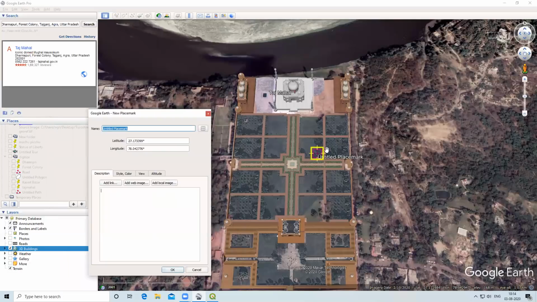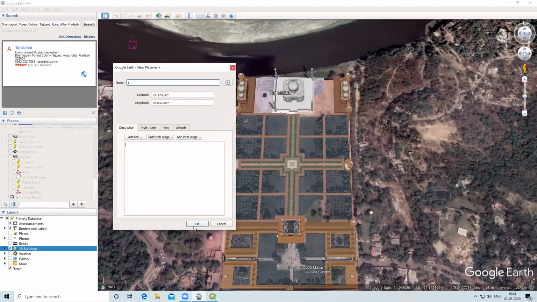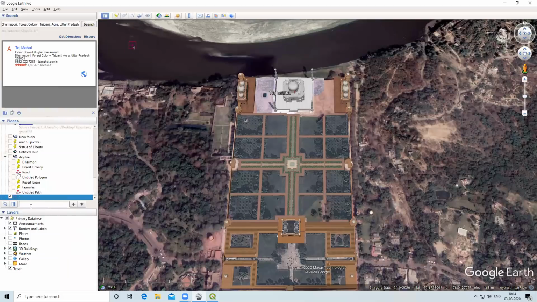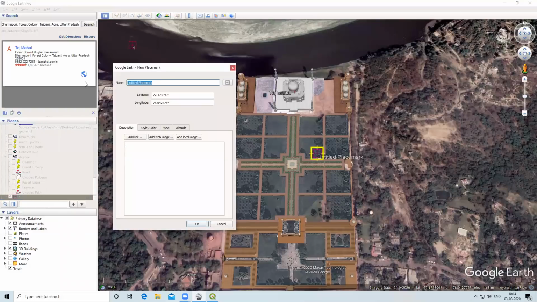After that, I will move this untitled placemark here, and I will give one coordinate, and I will press OK. So this one is added here. Like this, I want 4 coordinates, so I will give 4 coordinates here. This second coordinate, I will type 2.